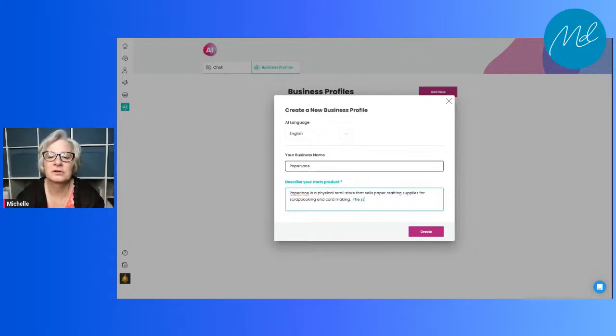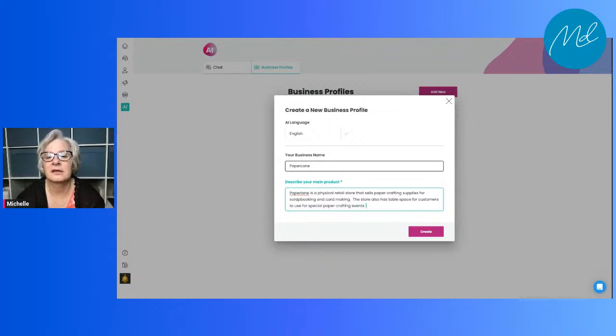The store also has table space for customers to use for special events, special crafting events, paper crafting events.